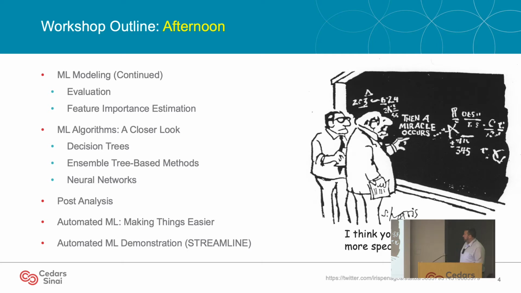How do we evaluate our machine learning methods? We'll talk a little bit about feature importance estimation. And then we're going to take a closer look at some specific popular machine learning algorithms to hopefully give you some fundamental intuition, if not direct understanding, of how some of these commonly used methods work. In particular, we're going to cover decision trees and a variety of ensemble tree-based methods like random forest, and some of the most popular machine learning algorithms out there right now, XGBoost, CatBoost, LightGBM, if you've actually ever heard of those. And then we'll spend a little bit of time with neural networks, hopefully, again, giving you some basic intuition how they work.